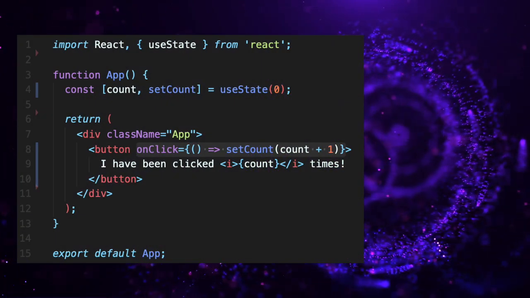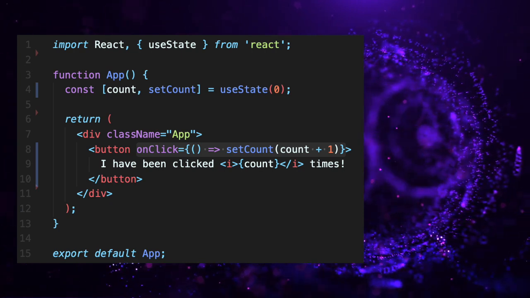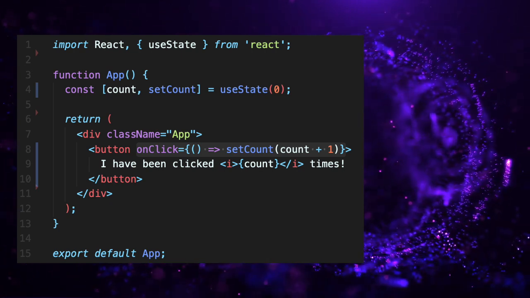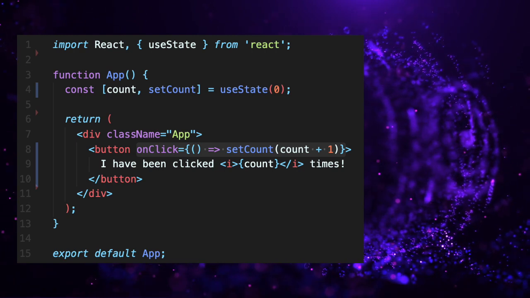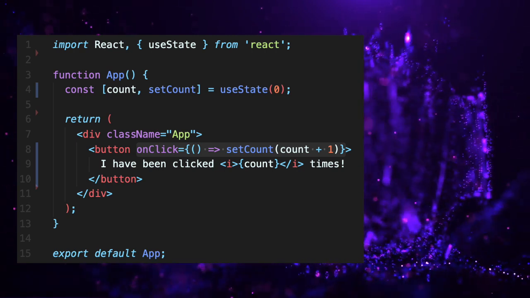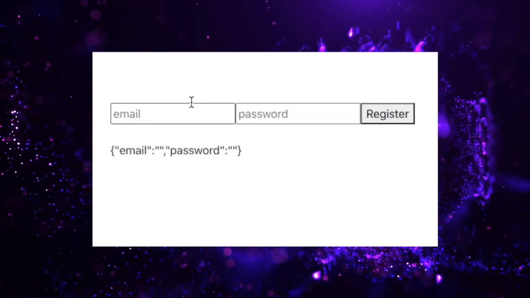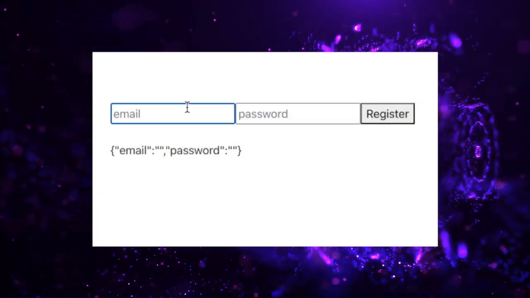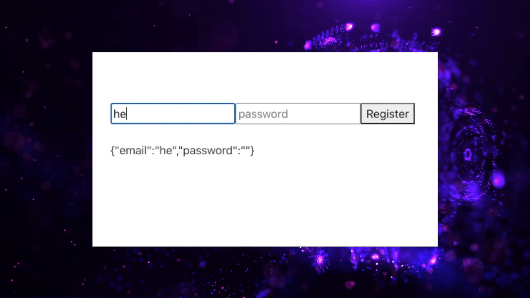And the final step to actually change the state is add an onClick event listener to the button itself and basically invoke an anonymous function that calls the setCount setter function and increments that count by 1. So that was a really basic example, right? The counter button example is pretty straightforward and simple, but I would like to actually show something a little